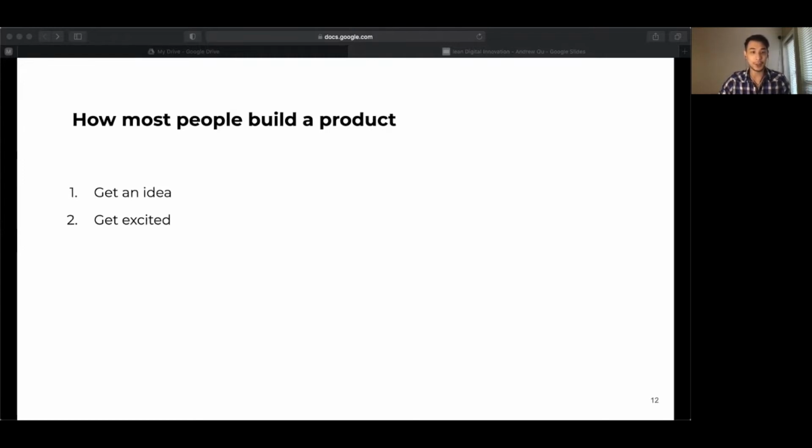Okay? And you also get really excited because you talk about this idea to your friends and family, and then they say yes to your idea, and then you get even more excited. So the next thing you do is you build, because that's sensible, right? So you start building in secret, and then you launch. The problem with this framework is that only after spending 6 months to a year, tens of thousands of dollars, you go to market, and then only to get clarity and find out that the customers don't exactly need or want what you have. And this is extremely risky.